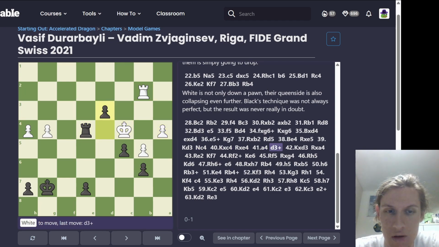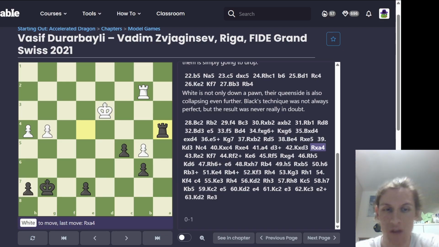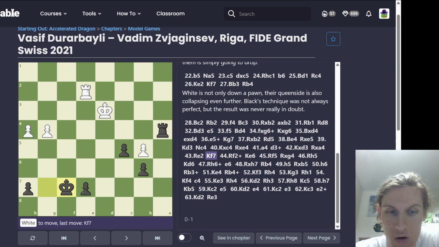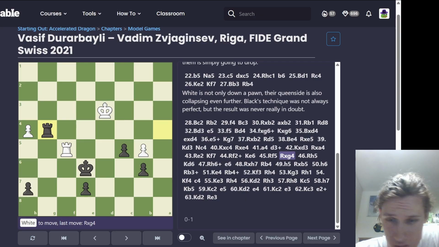This happens, check, takes. And this is, of course, endgame knowledge, because I would have no idea that this is winning for black. And if you say this is obviously winning, fair enough, yeah, this time is fair, but I don't know endgame, so... Rook e2, king f7, defending the pawn, rook check, king here, rook here. Yeah, just rook takes, rook h5, king here,